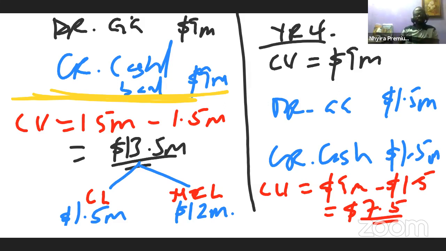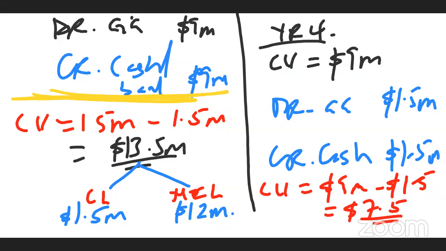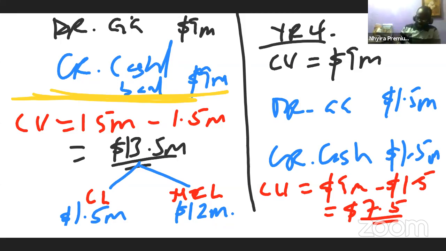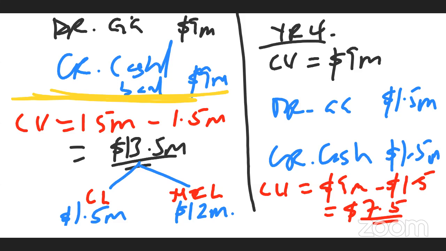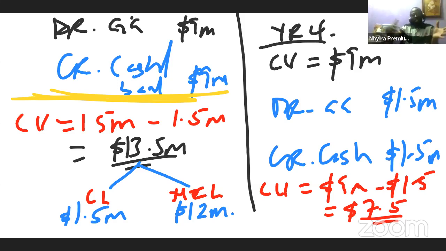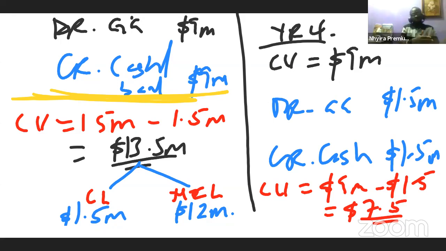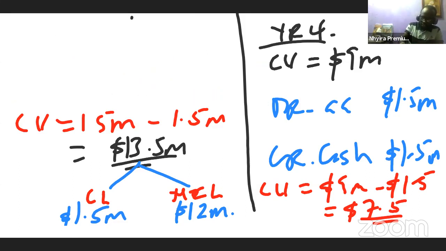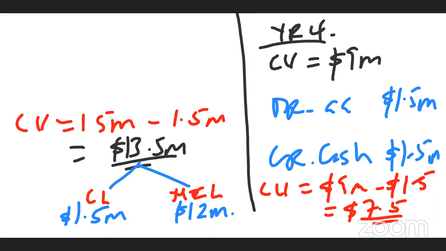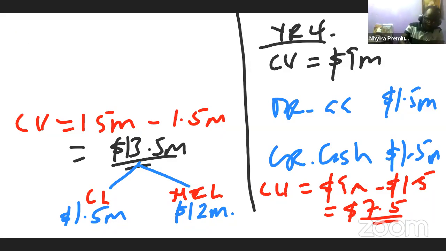Does it make sense? So now it means that for the rest of the 6 years, we will be charging 7.5 over 6, and that will be the annual charge. So subsequent to the repayment, the annual charge is going to change from the 1.5 to a new figure. Let's do that. So the annual charge, or if you want, grant charge, grant receivable for the year, is going to be $7.5 million